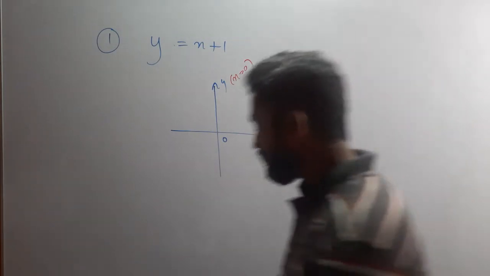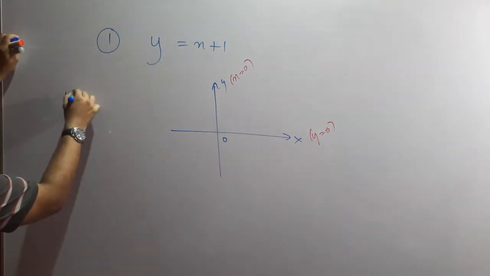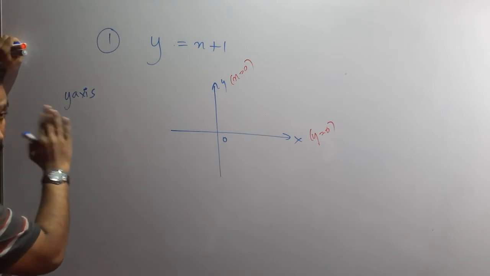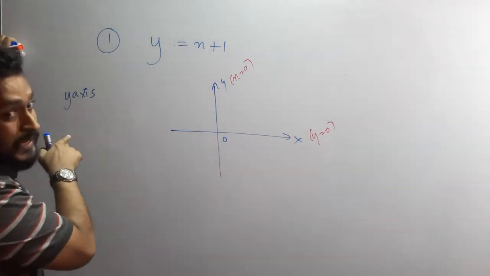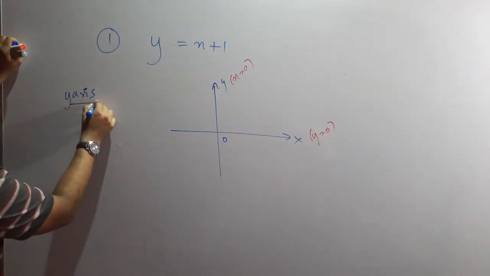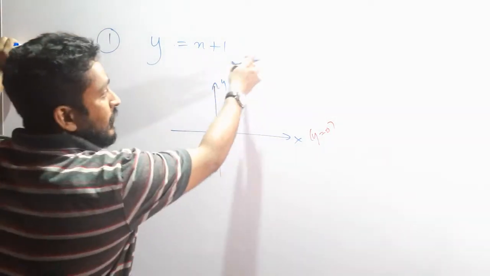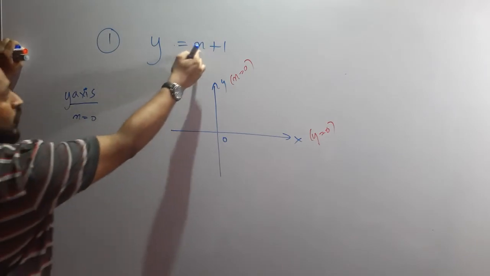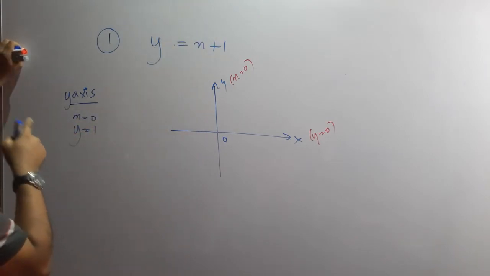Keep listening. So we are going to find out those values. We are going to find out the cutting point of y-axis. You have to follow these steps, proper steps. When you sketch, you have to follow all the steps I am stating here to find out the cutting point of y-axis. To find out the cutting point of y-axis, it is to substitute that x equals 0. X equals 0 gives you y equals 1. You just found the cutting point of y-axis.